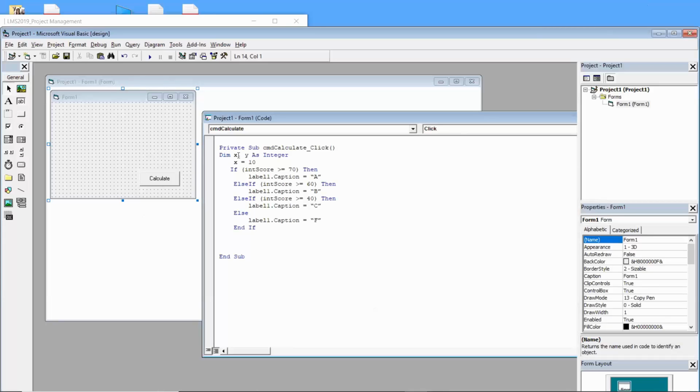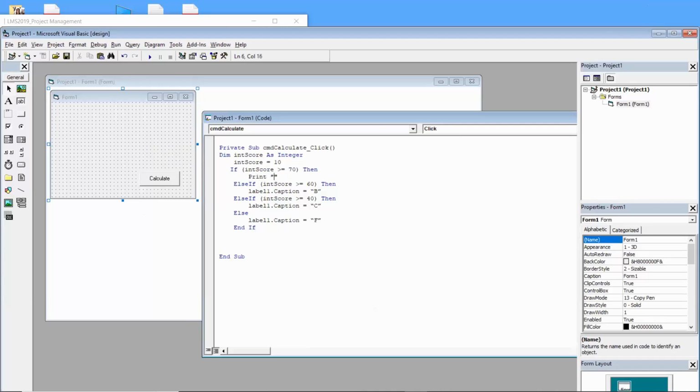Right, then now we don't have x and y variables, so I'm going to use int score here, and here I'm going to use int score. Let's keep 10 as it is, right? And change the value and see how result will be printed. And here also I'm not going to use label caption. I'll just use print,